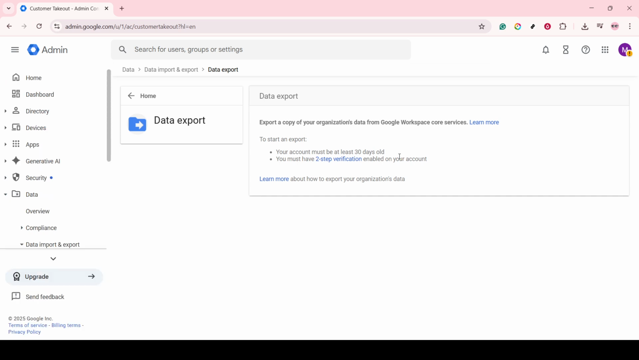However, there are a couple of prerequisites you need to keep in mind. If your account is less than 30 days old, you won't be able to export data just yet. Google has this restriction in place as part of their security protocols to prevent unauthorized data extraction. So, if you're trying to export data from a newly created account, you'll need to wait until the account is